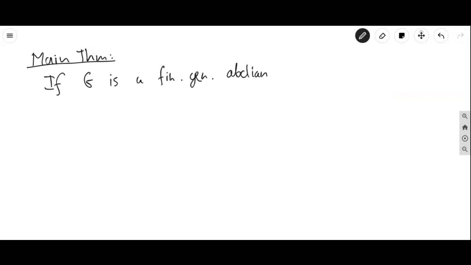And the main theorem that I want to mention here, and some of you have possibly seen this theorem in an algebra course, is that if G is a finitely generated abelian group, then G is isomorphic to a product